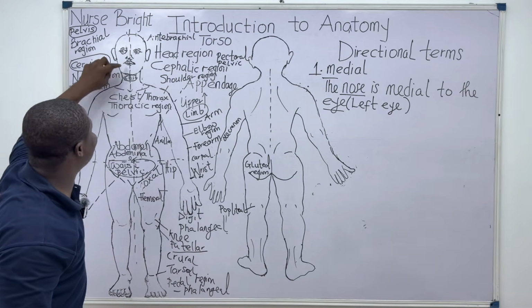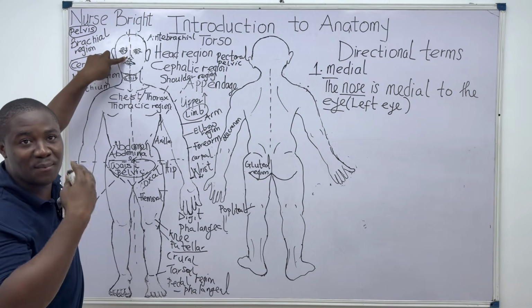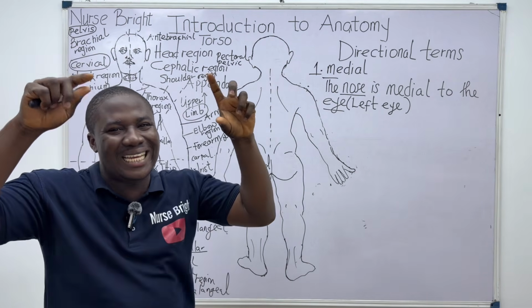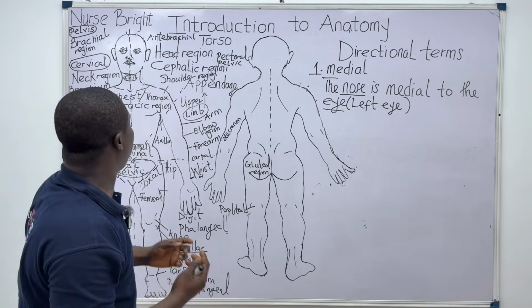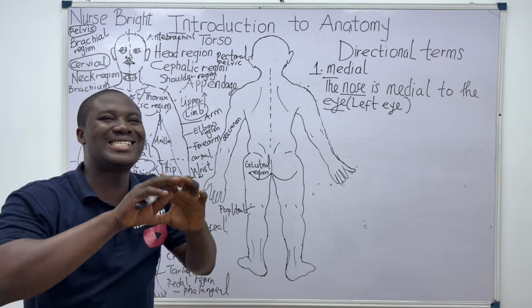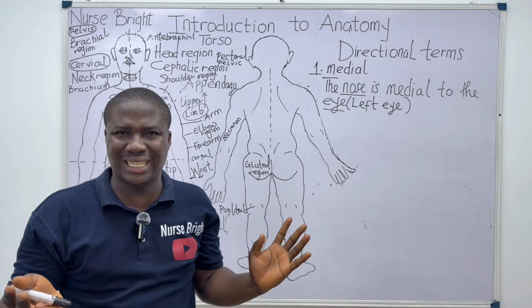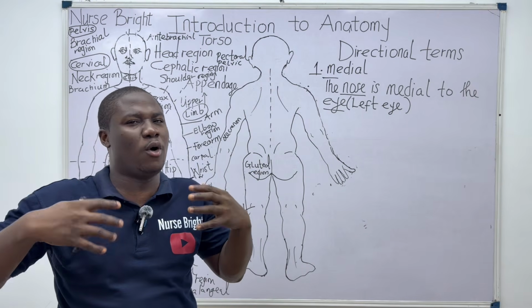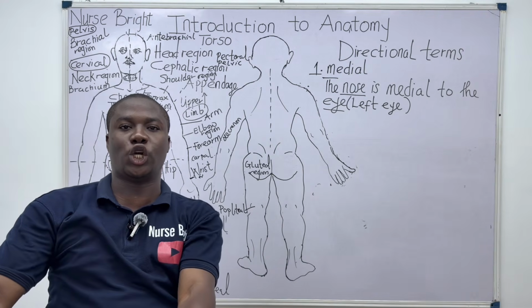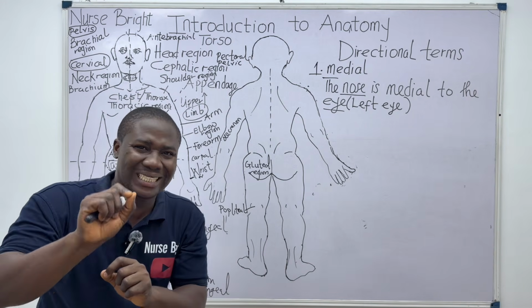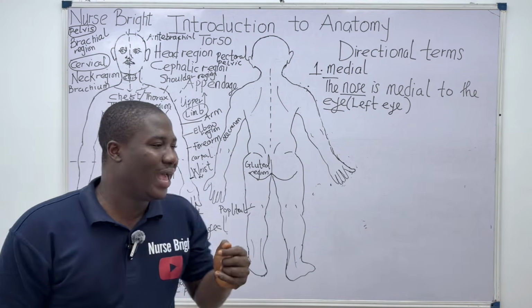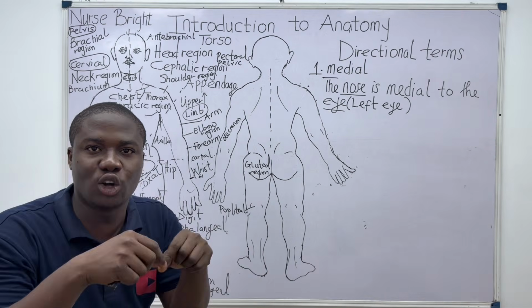So we can simply say that the nose of this individual is medial to the thumb. Looking at it anatomically, it is correct, but the comparison between these two structures, the nose and the thumb, is less useful. Do you understand? Though it's correct. But most times we relate structures that are in the same region. Now, let's say for instance, pay attention, we are still on the term medial. Let's say we want to compare two structures in the hand region of the body.